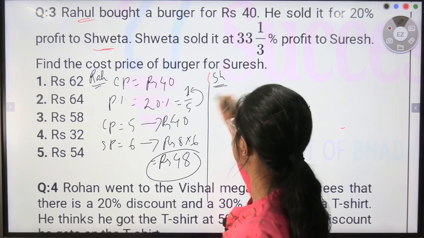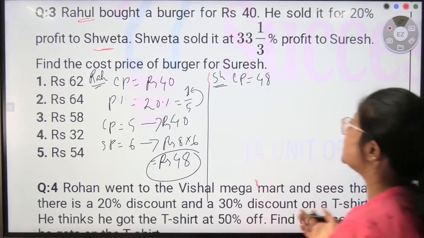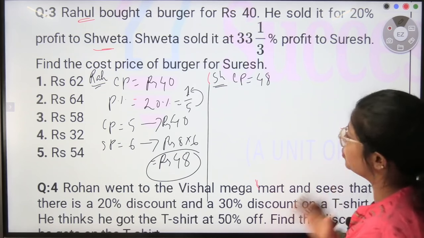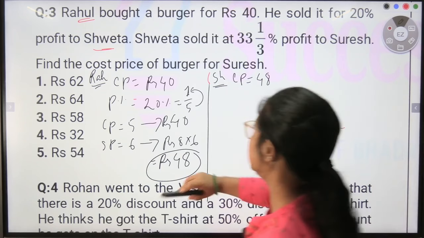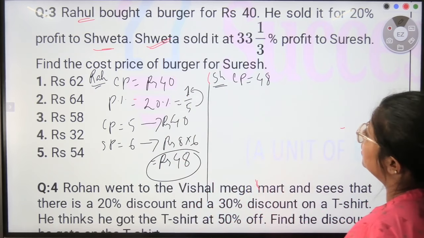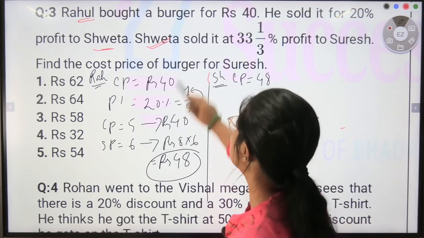So for Shweta, my cost price becomes how much? 48. Fine. Now Shweta sold it at 33 1/3% profit to Suresh. Again, Shweta is selling that burger. No one is actually eating it, they are selling the burger. So Shweta sold it at